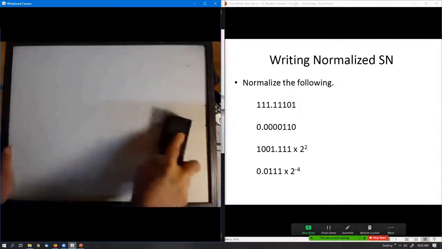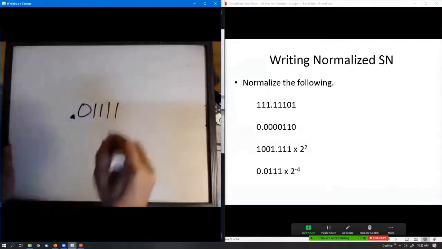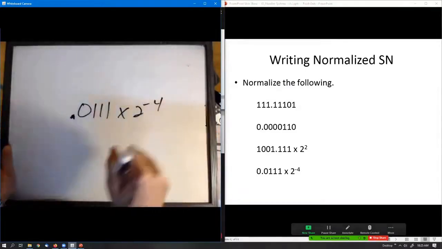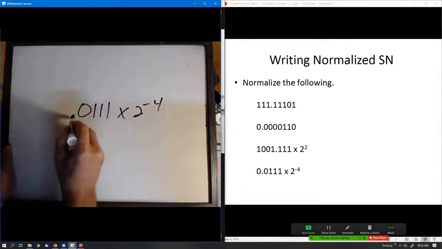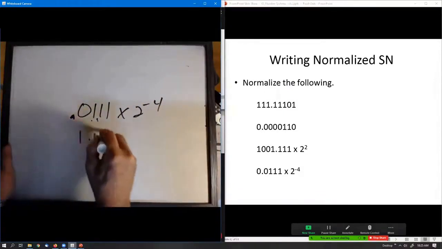And then the last one, I do remember doing these. There's too many ones. Times 2 to the negative 4. That's all right, review's good. This is going to move 1, 2 that way, right? 1.11